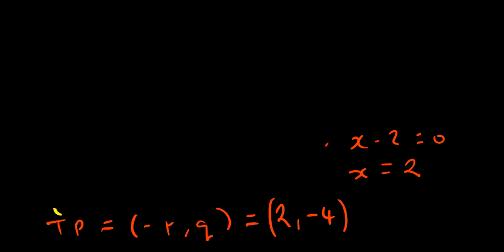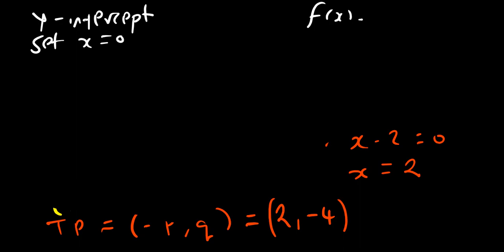So what are we going to have? Let's start with the y-intercept. To find the y-intercept, where the graph cuts the y-axis, we're going to set x equal to 0. Our equation was f of x is equal to x squared